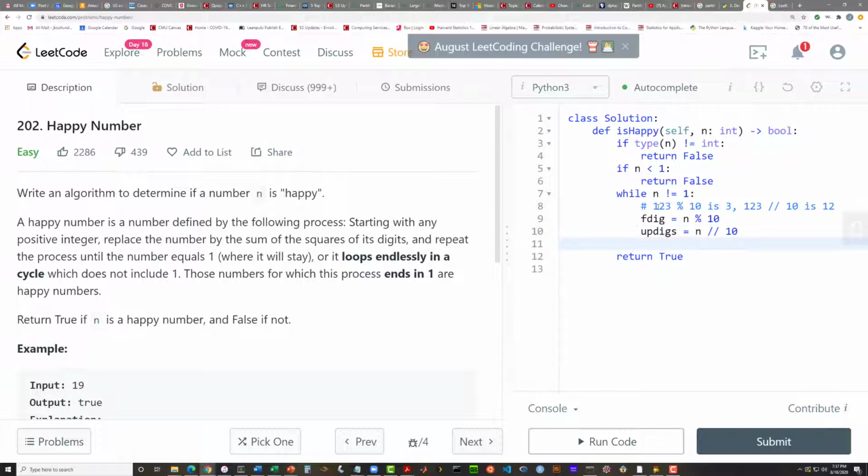And let's see, the number by the sum of the squares of the digits. So we've only gotten one of the final digits at this point. Actually, it seems to me what we need to be doing in here is saying while n is greater than 0,